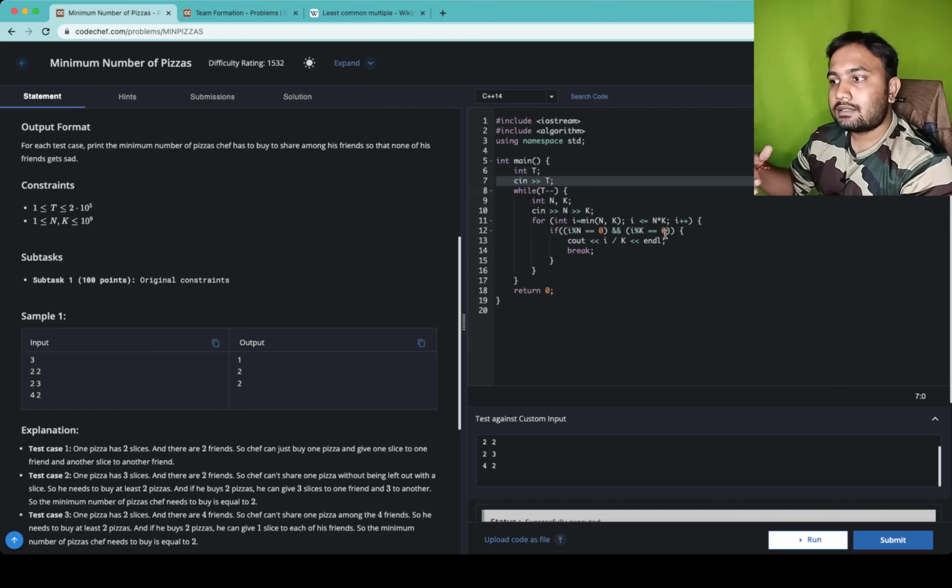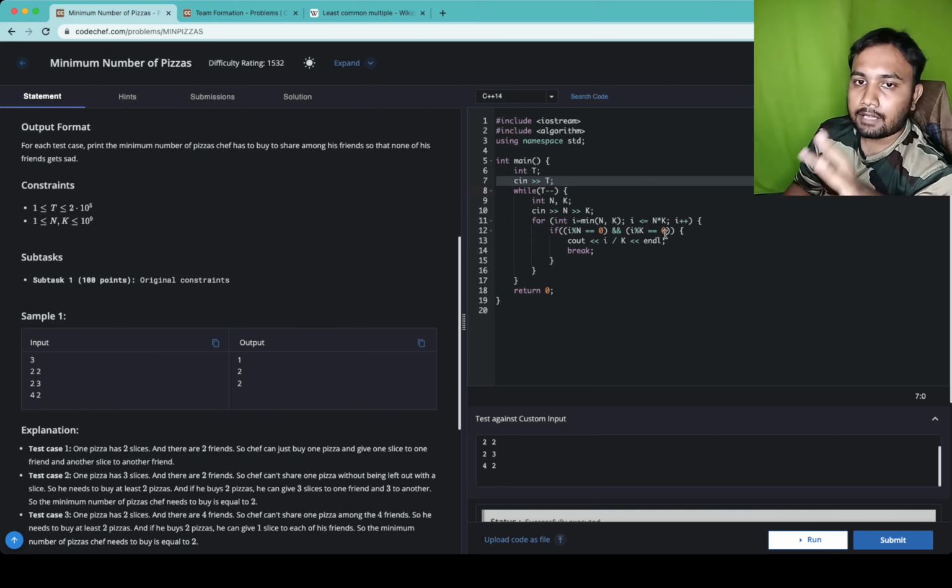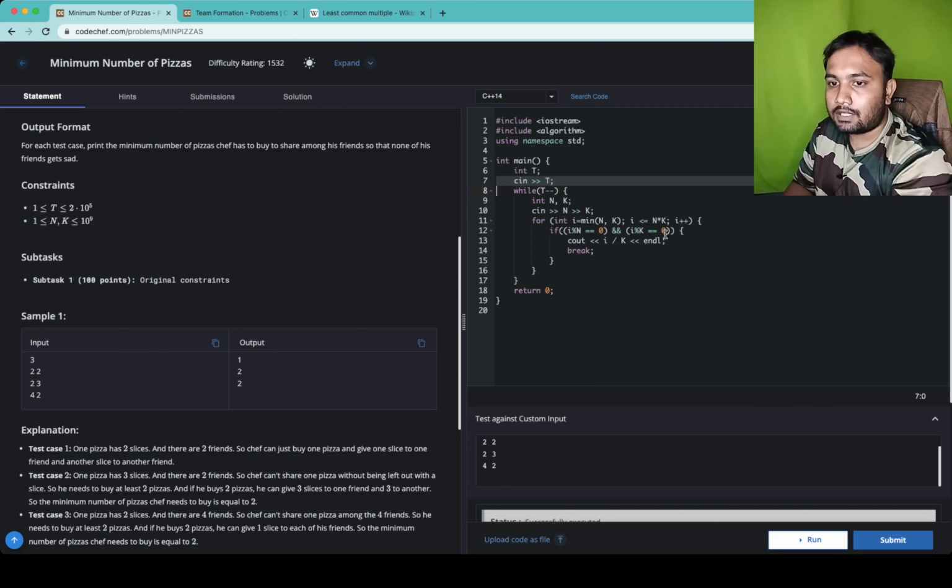In that case you will have to iterate up to that number. Basically, if you take 2 and 3, these are prime numbers, right? So the multiplication of them is 2 times 3, which is 6. So you have to go at least 3 iterations to reach 6, and that's the idea: if n and k are both prime numbers